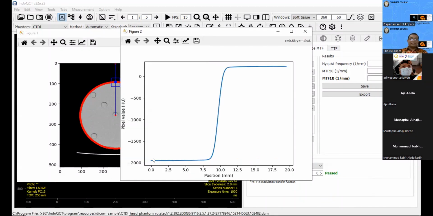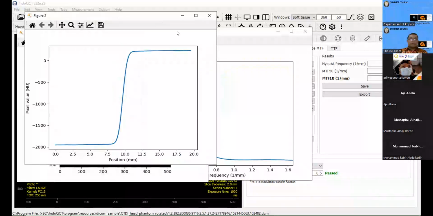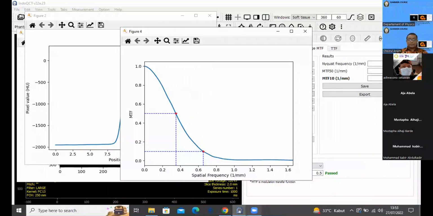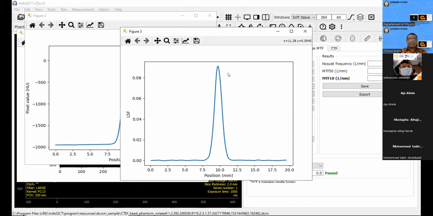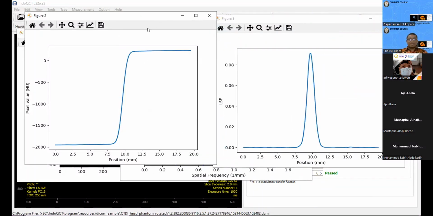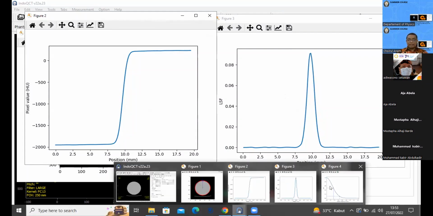ESF, edge spread function, this one. And then after this, we calculate using differentiation to get the LSF, line spread function, this one. This one is the edge spread function, and after differentiation, we get the LSF. And by using the Fourier transformation, we get the MTF.